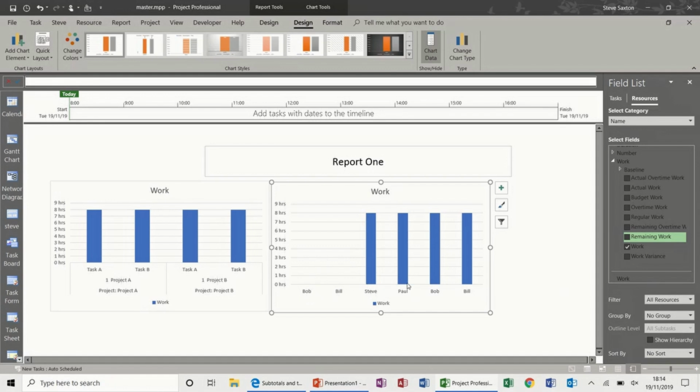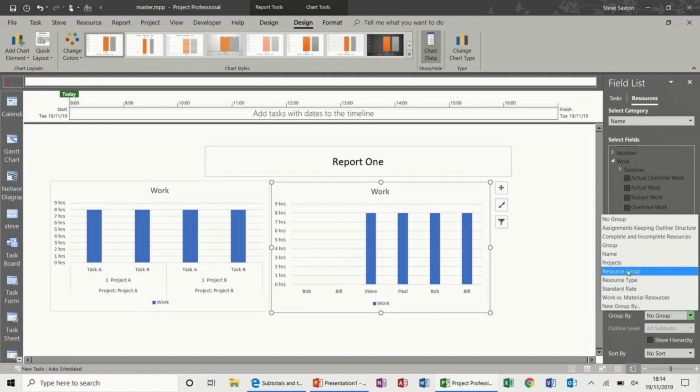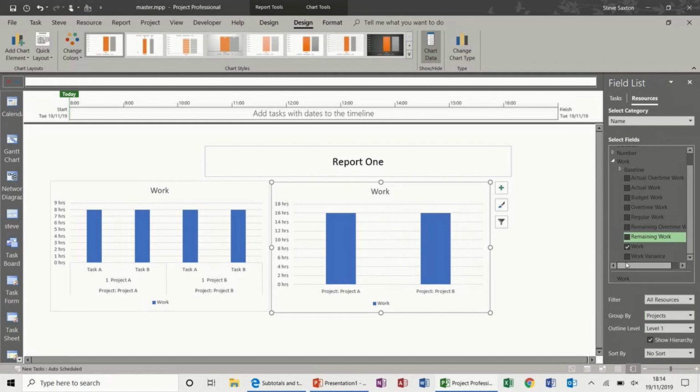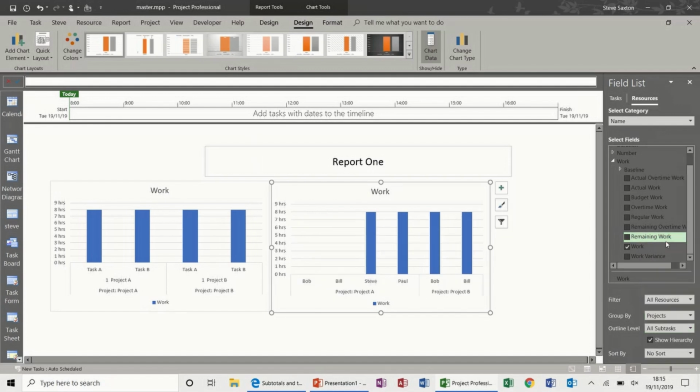There you can see Paul and Steve and Bob and Bill there. Now again, I need to group this, so I've already got one called project, so group by project, shows project A, project B, select all subtasks, and it tells you who's on which project, project B, project A, so that's